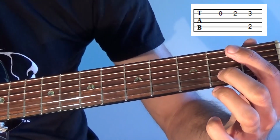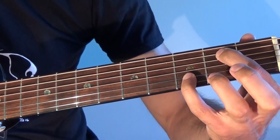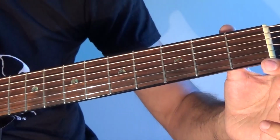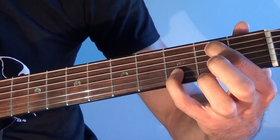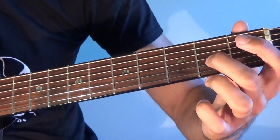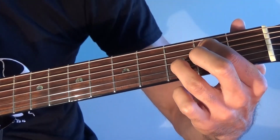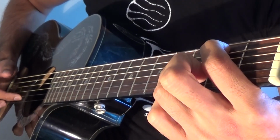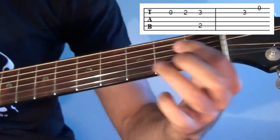So now we have... You could use your pinkie if you want there as well. That's the first three notes. And now what we're going to do is, while we're holding this down, after we've waited on that chord, now play this third fret of B again, followed by an open E string. Now we have...